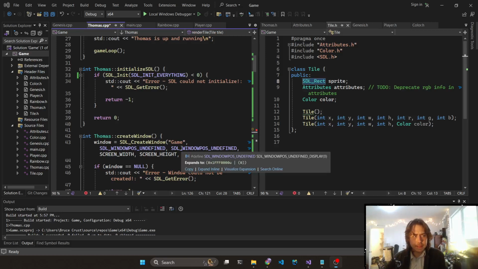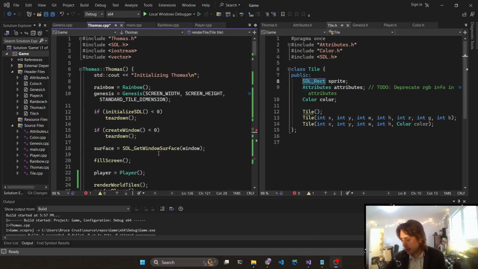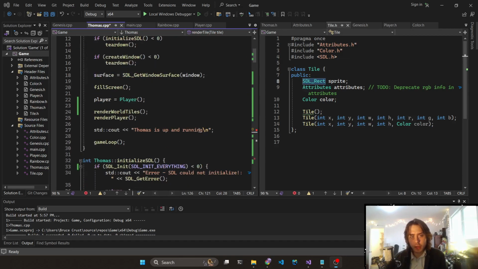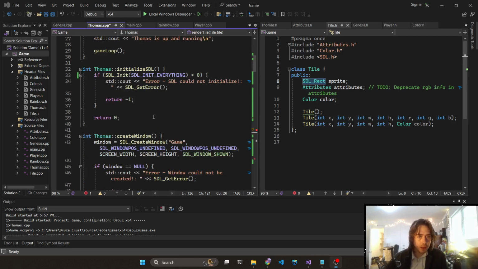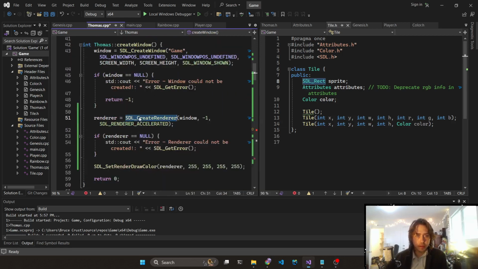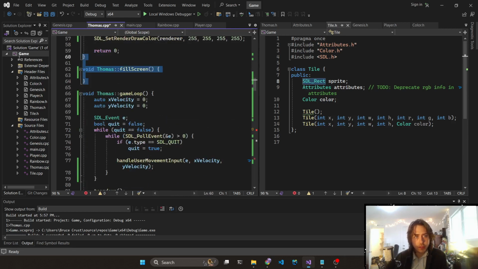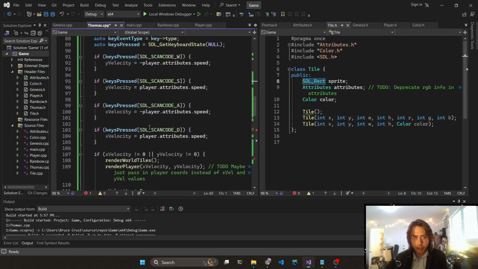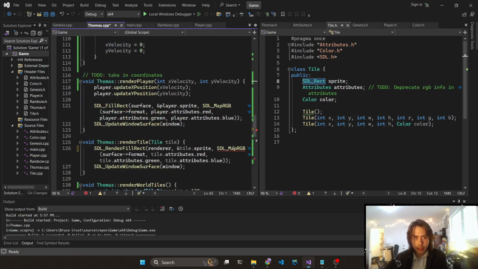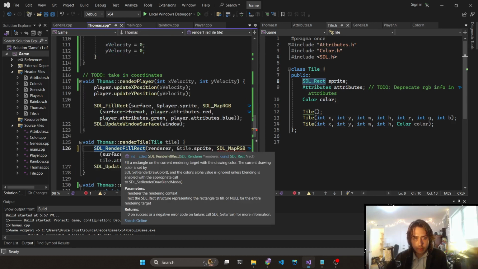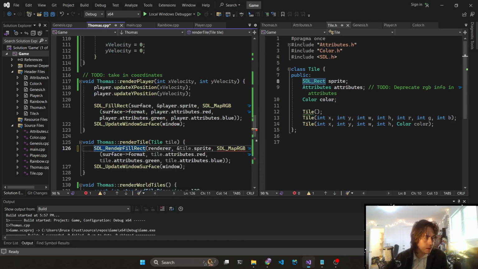So I did a little bit of work, but not a whole lot. I mostly was trying to implement a renderer here, so we can start rendering textures and handling movement a little bit better. So I've ditched the fill screen method because we don't really need to fill the screen, and then render fill rect. What we need to do is